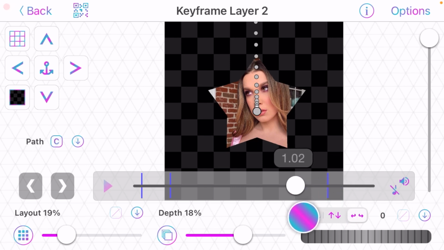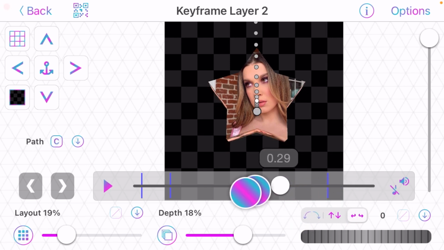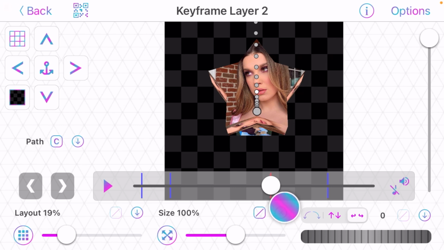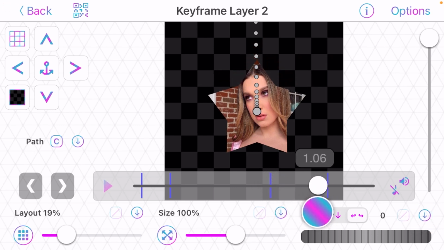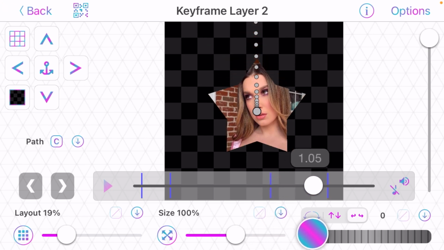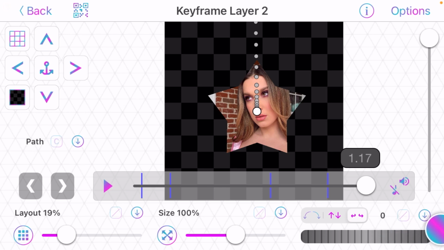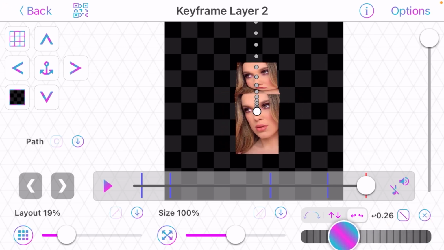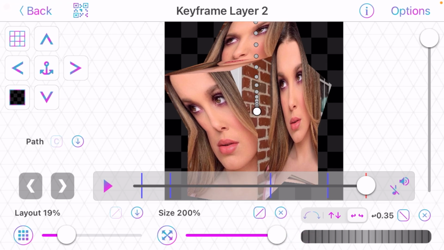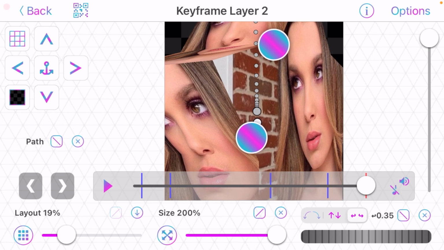So I'm going to here around there, and I'm going to set a keyframe for zoom and for spin. Like this is around the middle. And we're gonna rotate it and zoom it in. And if you wanted to zoom more in, then just make it bigger with your fingers,